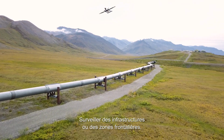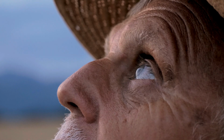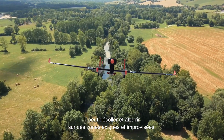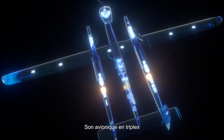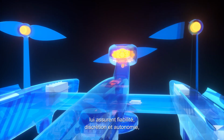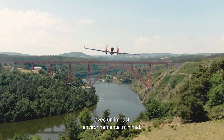Surveillance of infrastructure or border areas, detection of victims or threats, fire alerts. It can take off and land from tight and unprepared spaces, with a total modular payload of up to 10 kilograms to carry out its missions. The triplex architecture of its avionics and its hybrid engine provide it with reliability, stealth, and autonomy with minimal environmental